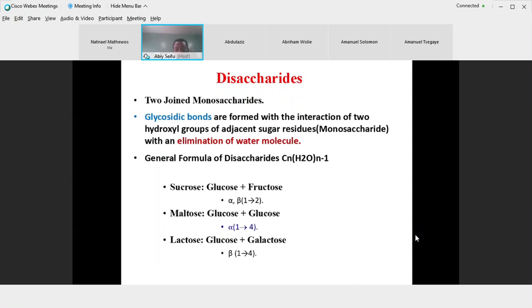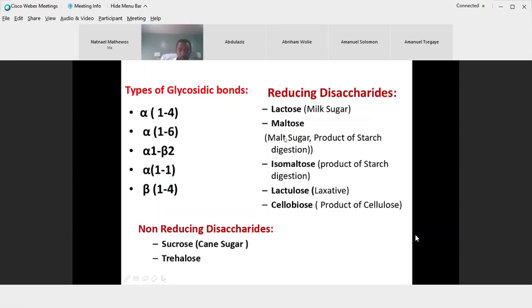We have seen already the alpha and beta forms of glucose. They are anomers of each other. They differ only in the arrangement of OH at the carbonyl carbon. Disaccharides,